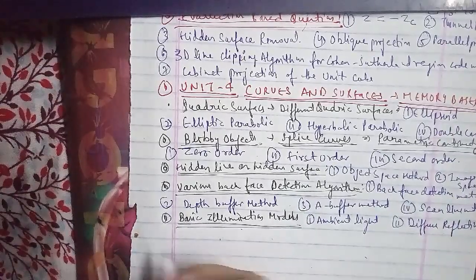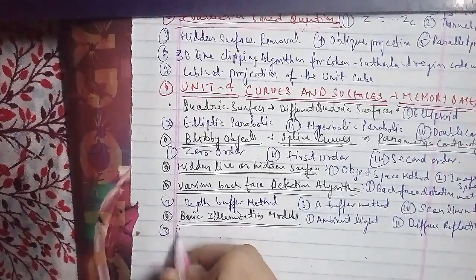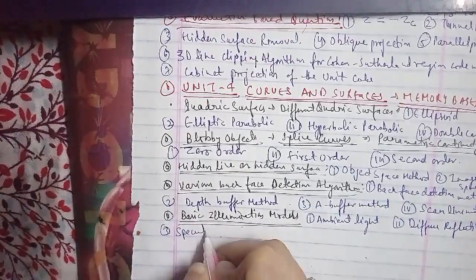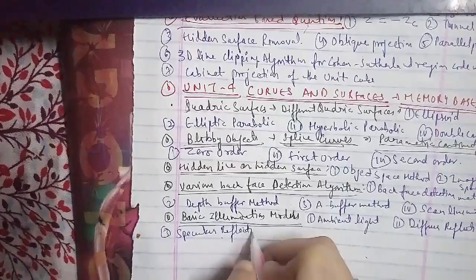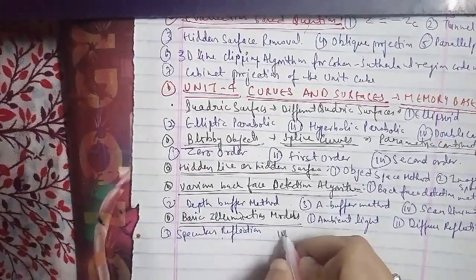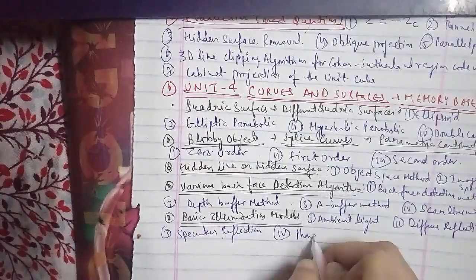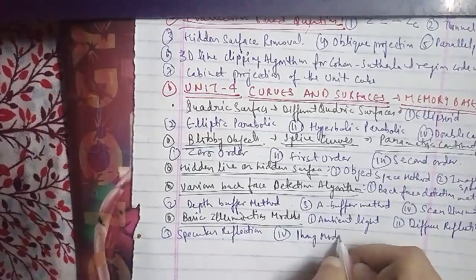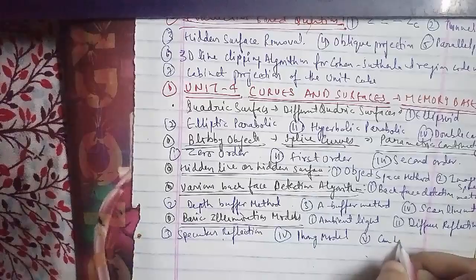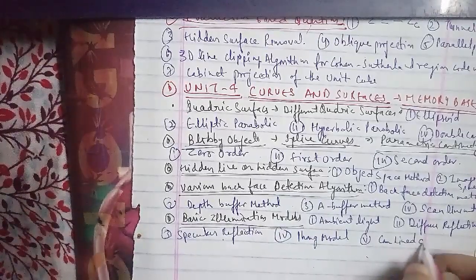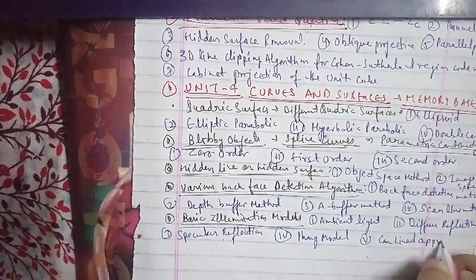Diffuse illumination, so that we'll discuss here. In talking about diffuse illumination, an object may be illuminated by a light which does not come from any particular source but which comes from all directions, and such illumination is uniform from all directions. The illumination is called diffuse illumination.